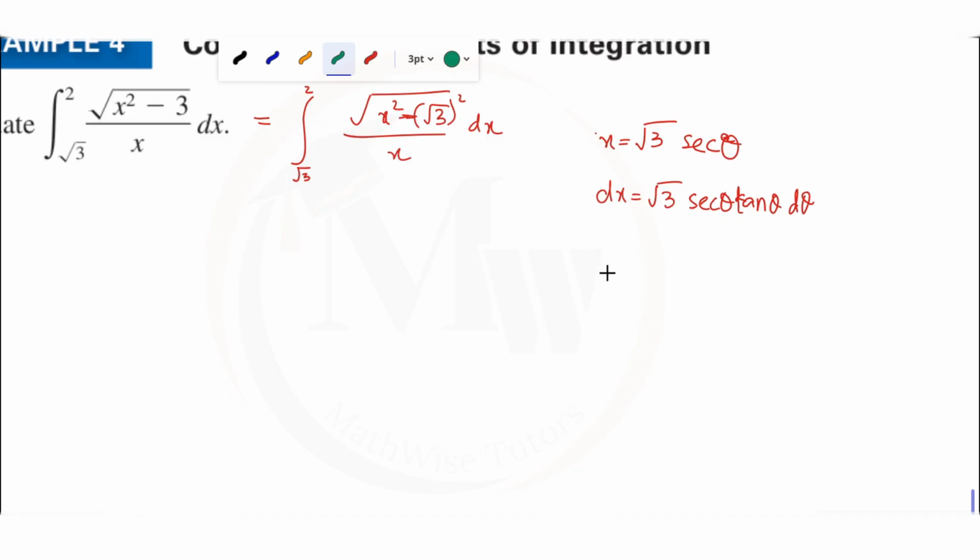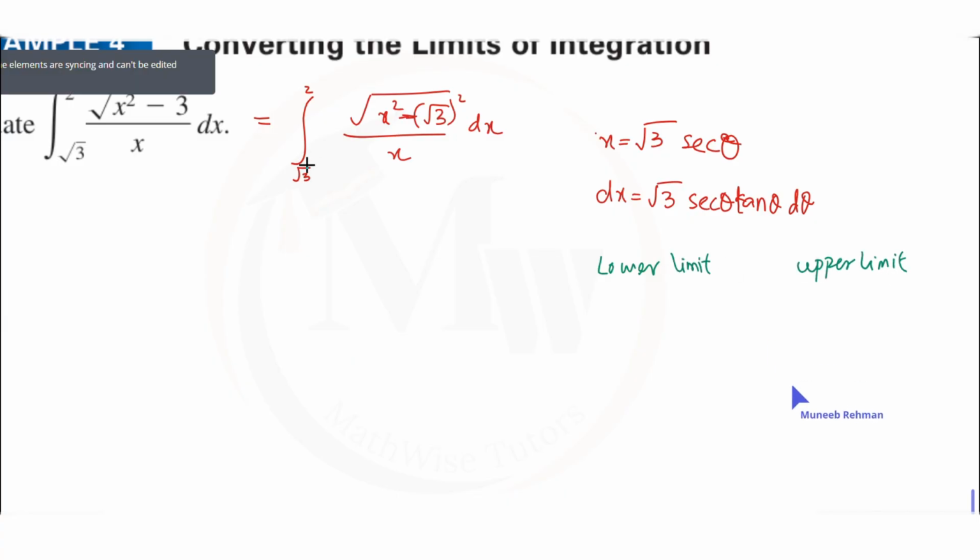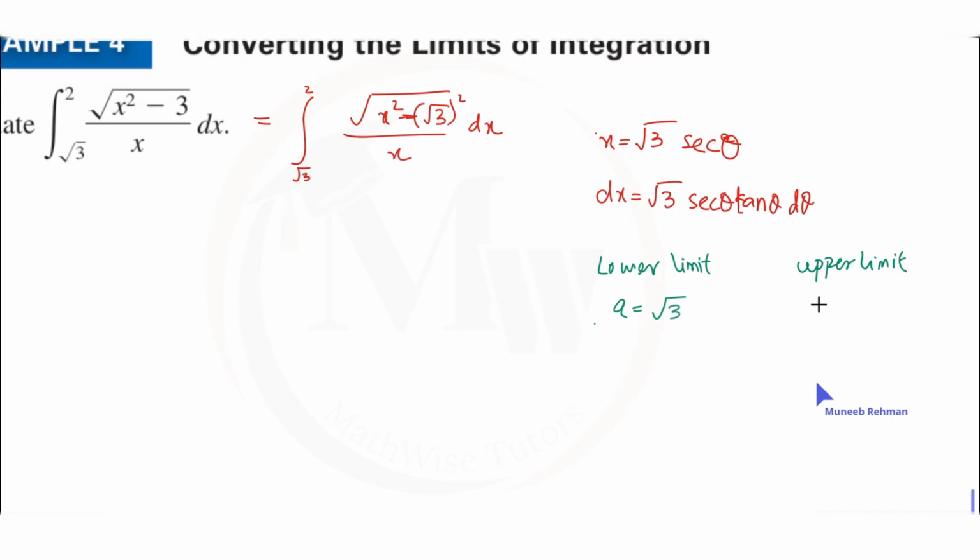You have two limits, one is the lower limit and one is the upper limit. What is the lower limit here? The lower limit is square root 3, and the upper limit is 2. These limits are for the x variable. If you change to theta,